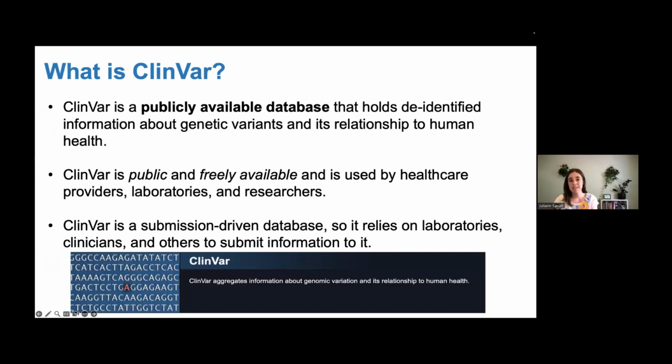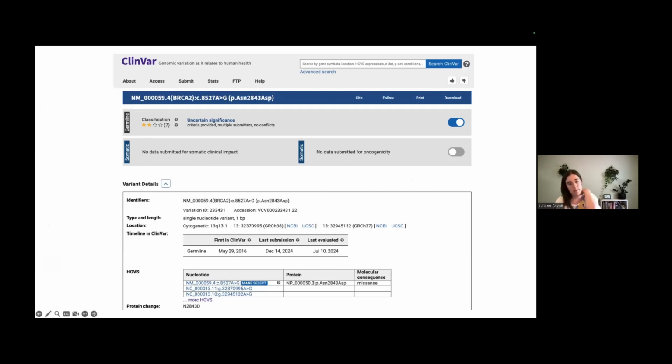And it's a database that's submission driven. So it relies on all of these people submitting data to the database so that it's available for others to use. ClinVar is really the database that we use to pool resources and knowledge in an effort to better understand genetics and health. To show you a little bit more about what ClinVar looks like and how we submit data,